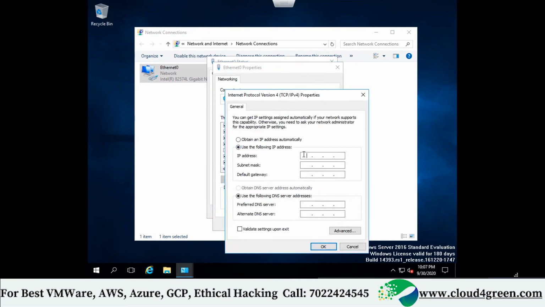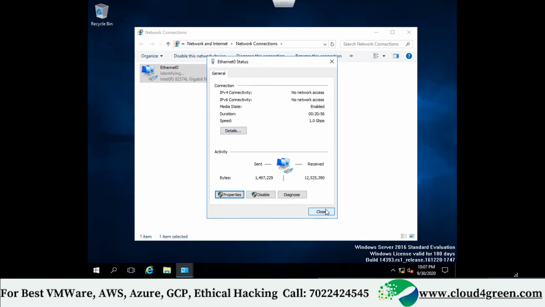You should use static IP in production. 192.168.1.141. Everything is same. Gateway IP will change. Like what is our domain controller IP? 166.